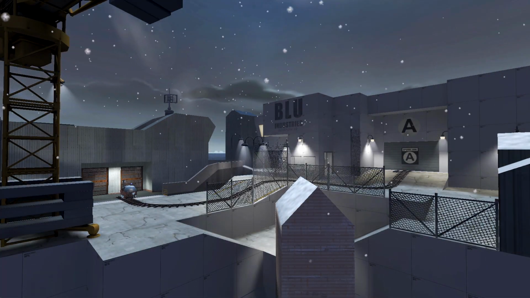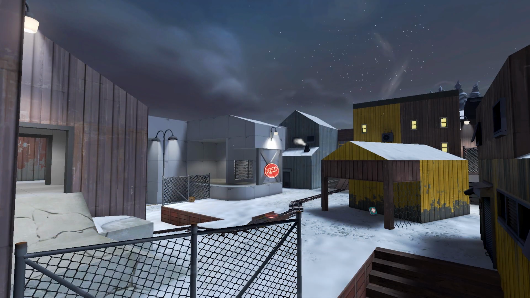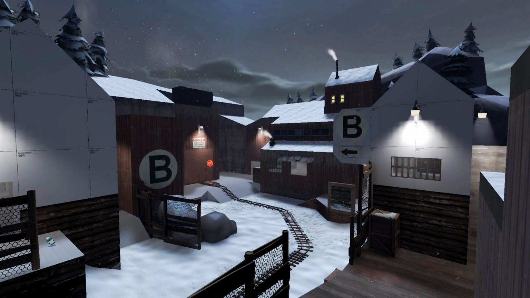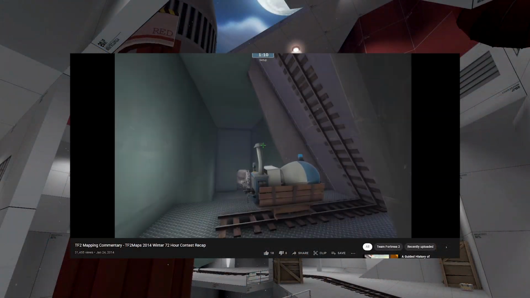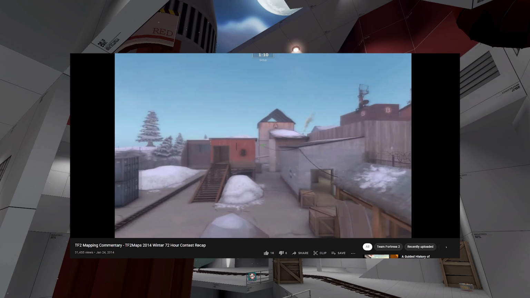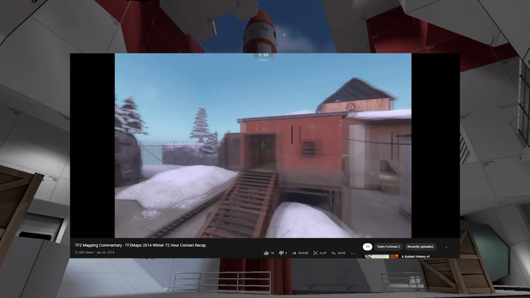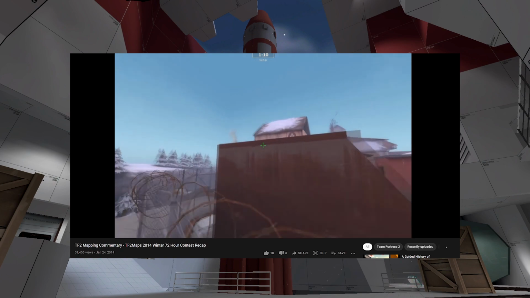This is a new project of mine. It's a payload map with only 3 capture points rather than the normal 4, and it's set on the Norse island of Svalbard. It's very much inspired by a few different maps like Snowy Coast, Upward, and I definitely got inspiration from Crash's Sub-Zero. Watching his dev blog of that map got me into mapping. And so I think it's kind of fun to take a bit of inspiration from that, and I think you